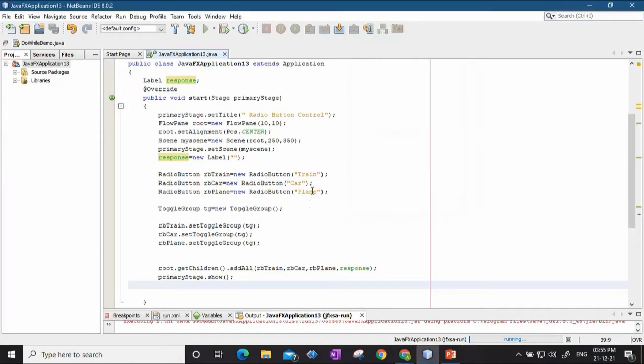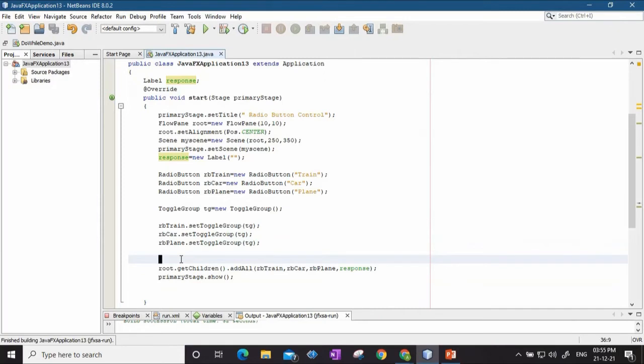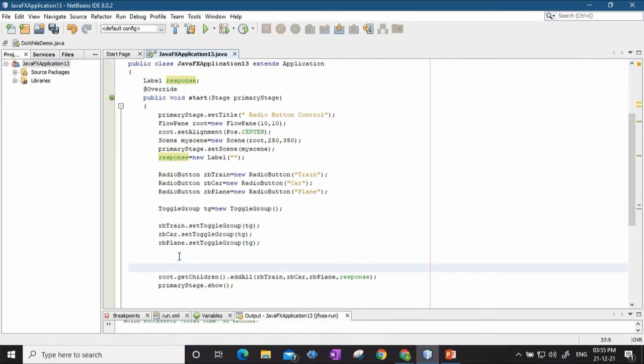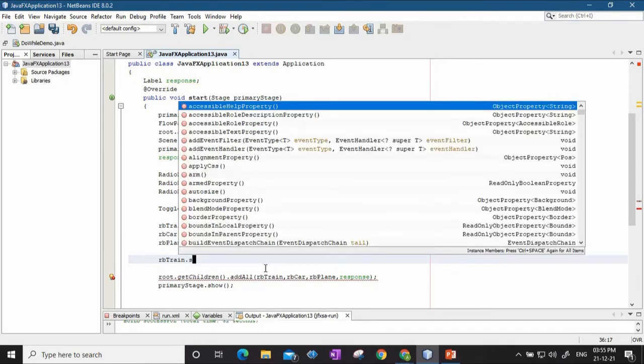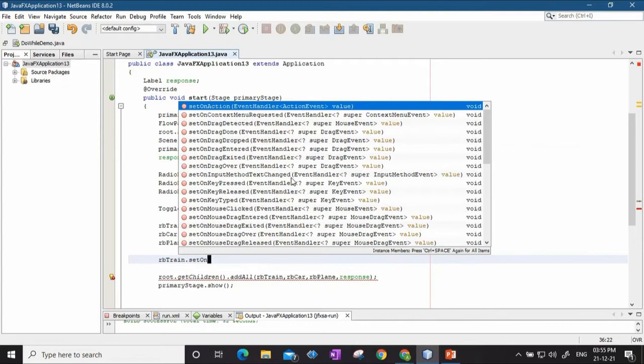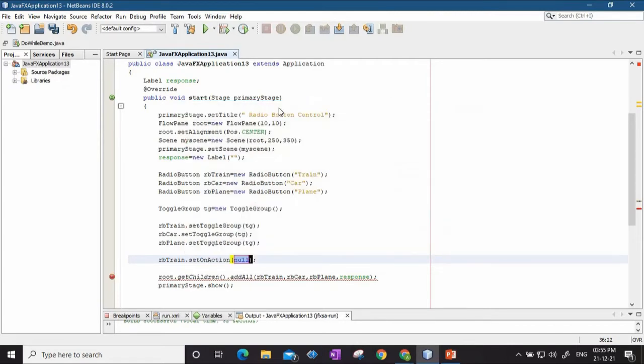Now for that I will be writing the action event handling here. So I will just say rbTrain.setOnAction and EventHandler, ActionEvent.